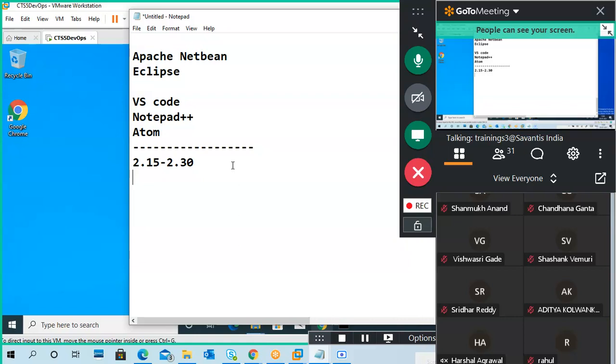If the path is not added, environment variables are not added, then path setting is compulsory. How do you know it is not set? Either verify the environment variables, or when you type the Python command in the command prompt, if it shows an error, definitely the path is not set.